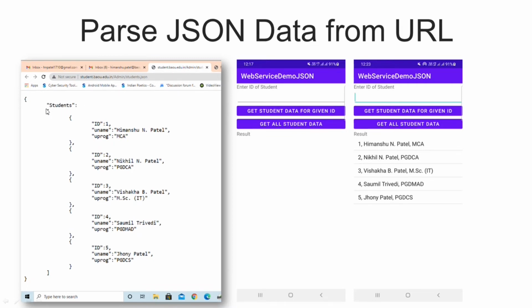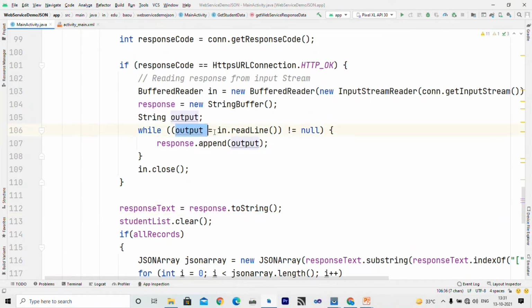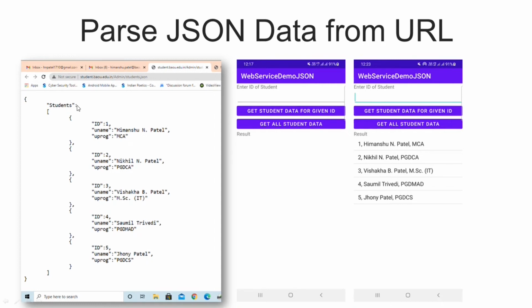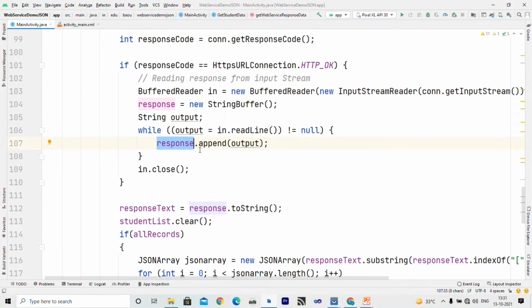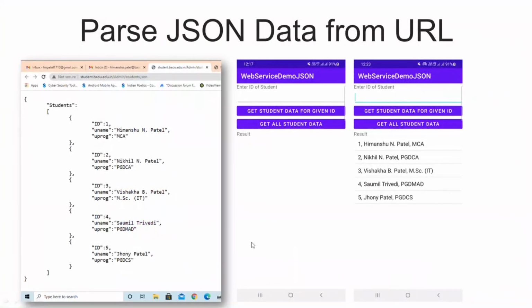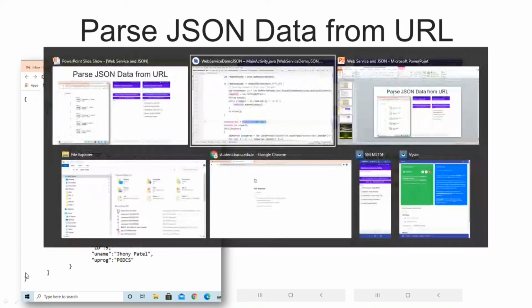Then we read this line, then this line, and this line, and one by one we read all the lines and store them inside that StringBuffer. So first it returns the curly bracket and stores it inside response, then it returns students and colon and puts them inside response, and this is how the entire data is stored in responseText by calling the response.toString method.